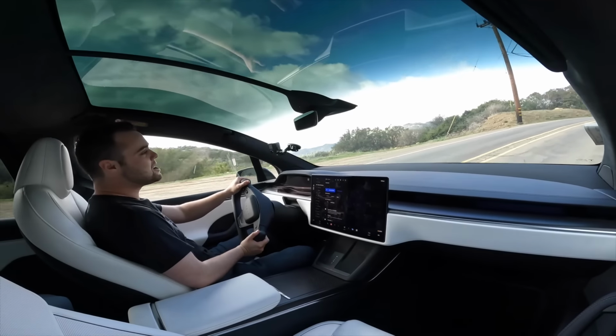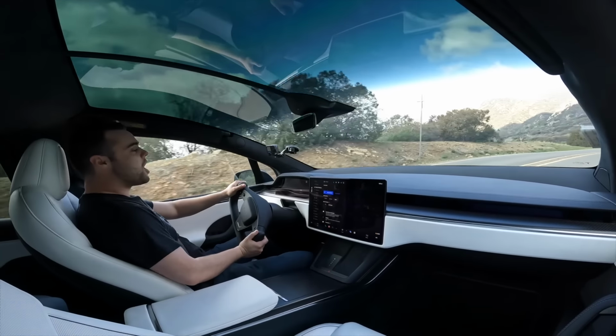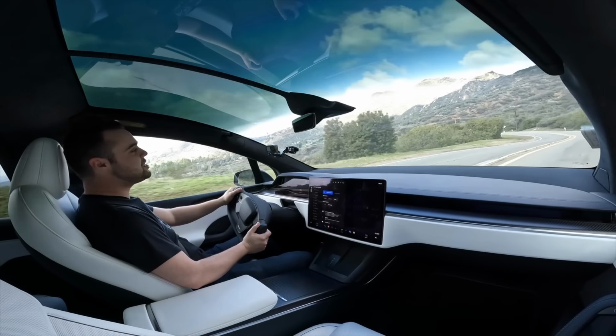Once you're in drag strip mode, you can floor both pedals at the same time. Release the brake, you have this insane Plaid graphic on the screen, which I will show you, and then it basically rips your face off as everyone in the passenger seats are screaming. And I love it. I love every second of it. Is this the best daily driver for $120,000 if you need 3 rows of seating? 100%. Without a doubt in my mind, I think this is the best 3-row car that has ever been built,